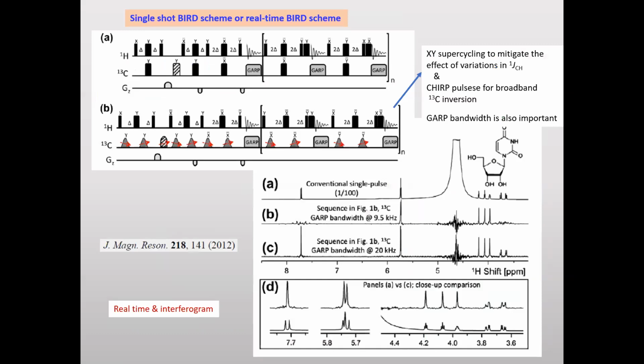Next. And this is the first single shot approach, the single shot Bird scheme, for producing a broadband homonuclear decoupled pure shift spectrum. And this is reported from Freeman's group. And it is a very nice application. Then go to next